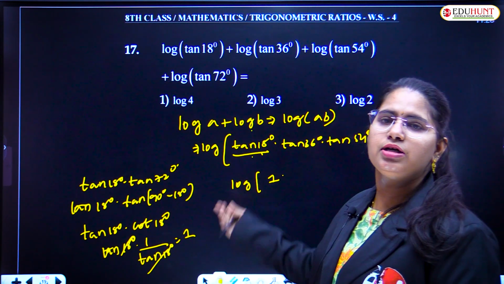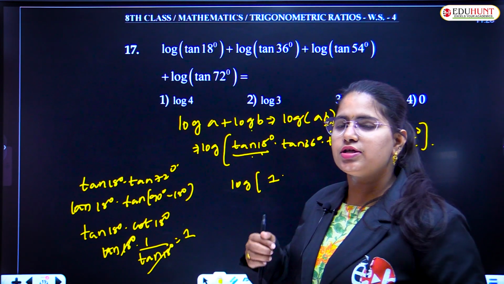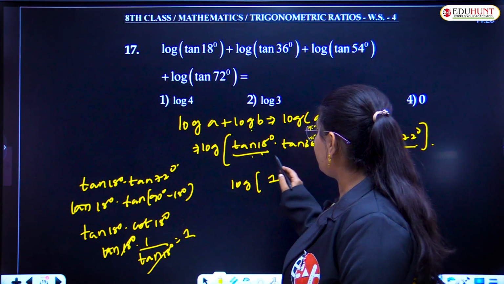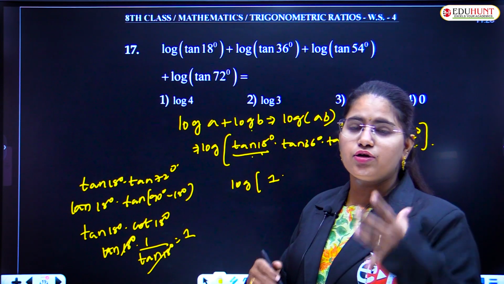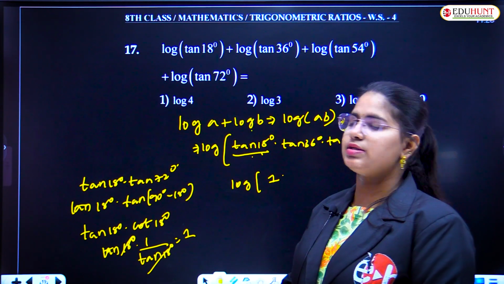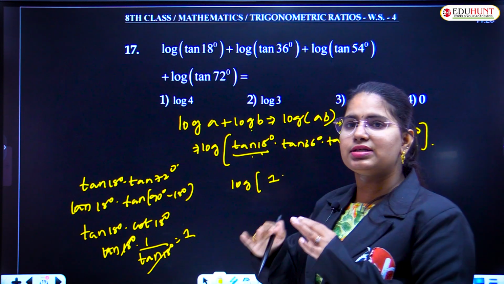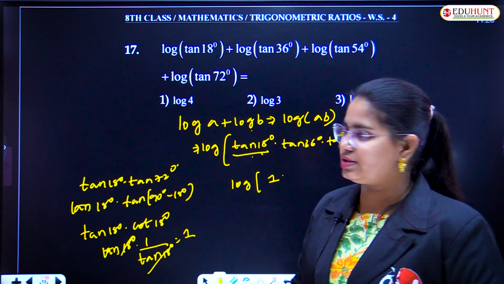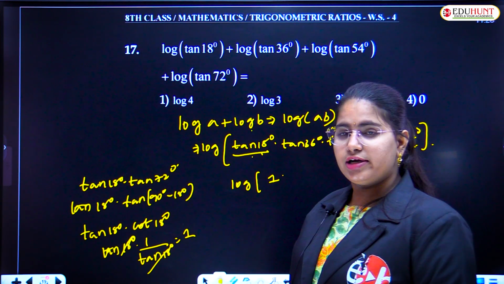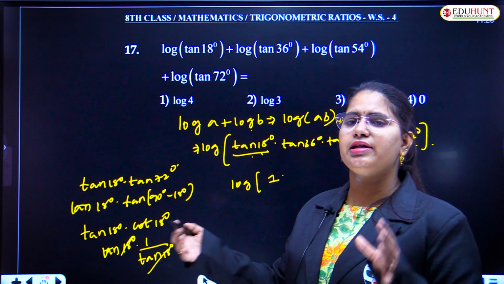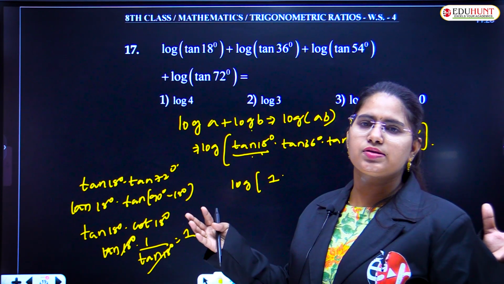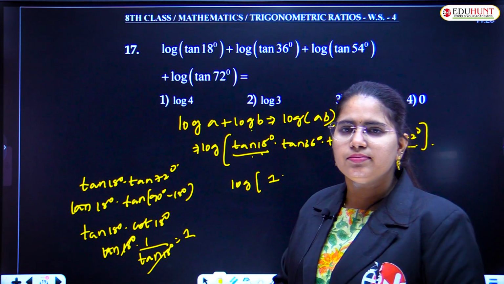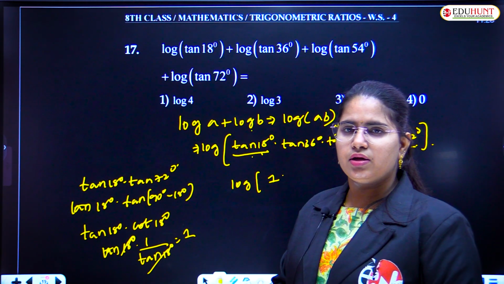How do we know this, madam? That comes only with practice. First we should check which terms in this product could pair up. Whenever I taught you the concept of complementary angles, I already discussed that if you add 18 and 72 to get 90, their product equals 1. No need to derive it again, we have already discussed it. Whenever you add any two angles and the resultant is 90 degree, what is the result? You know, tan A into tan B is equal to 1. Correct or not? Yes or no?